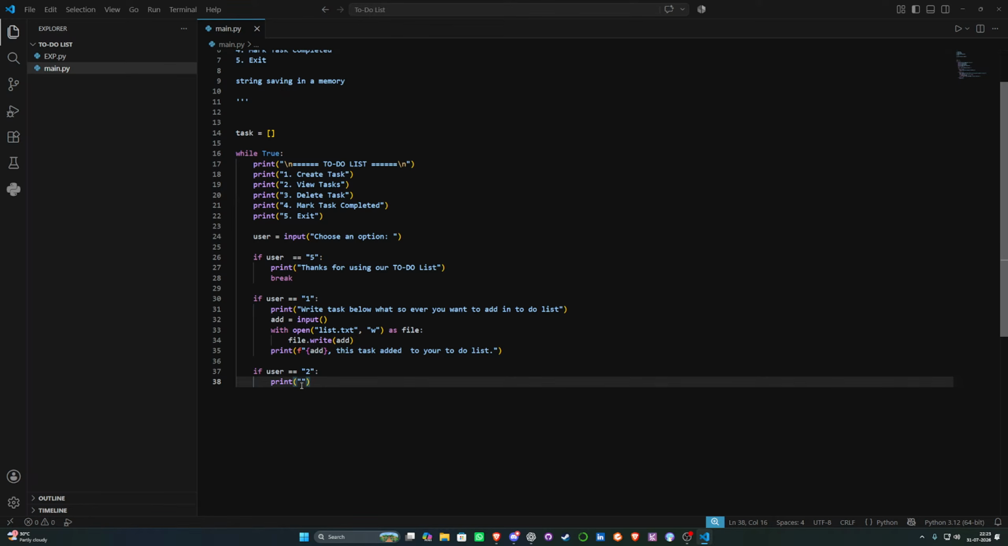Okay, the second one is the easiest. What we have to do is, it's so easy. We just have to print the list which is created. So what we will do, with open list.txt, we will add a string